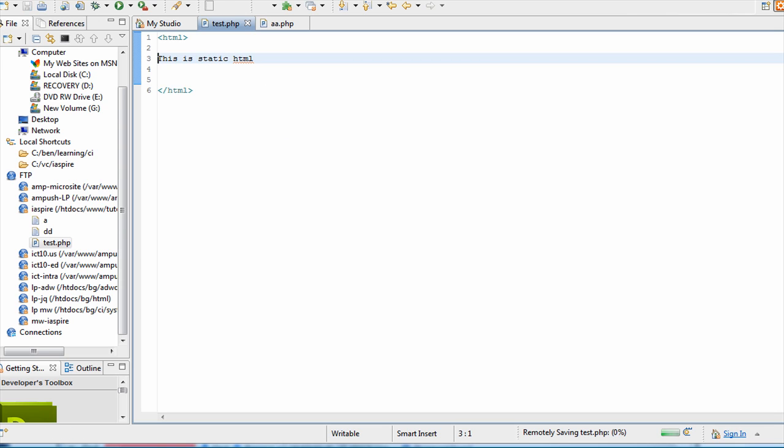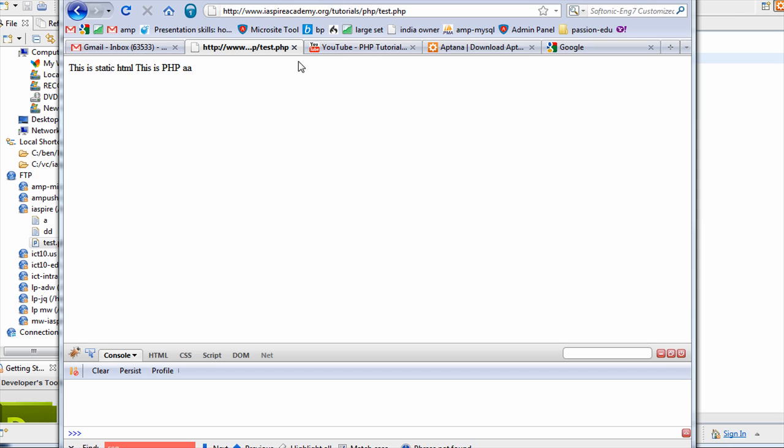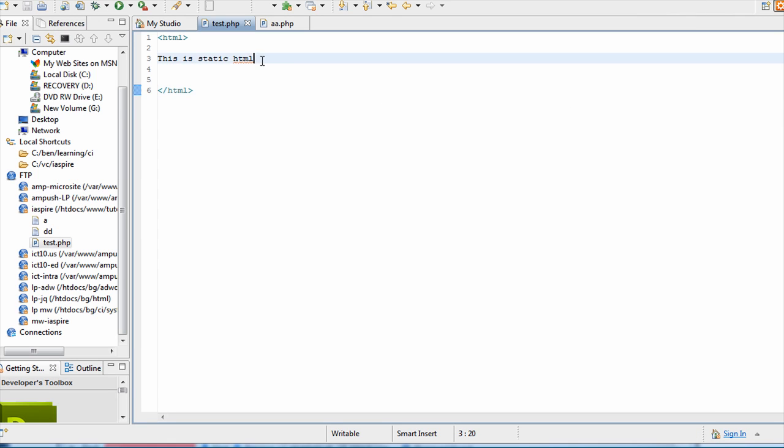Let's see this URL, and you see here is my test.php code, and even though it doesn't have any PHP, it still works. The reason it works is because when this test.php goes to the web server, it doesn't see any PHP code, so it just sends back whatever HTML it receives to the browser, and the browser displays it. So if you modify it,